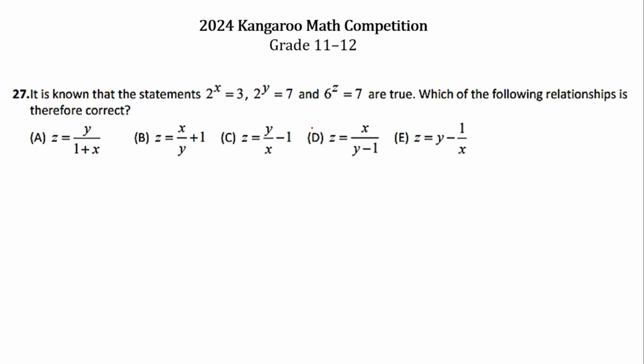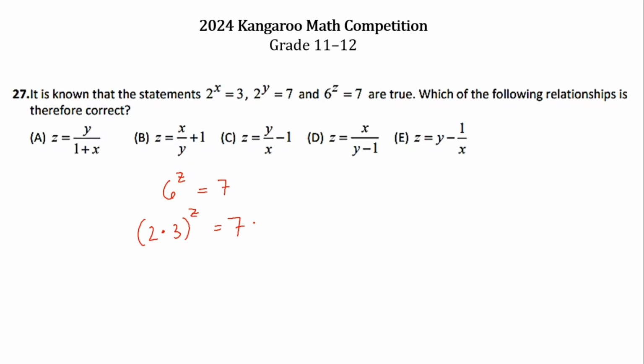Problem 27. It is known that the statements 2 raised to x equals 3, 2 raised to y equals 7, and 6 raised to z equals 7 are true. Which of the following relationships is therefore correct? Alright. Notice that in the equation 6 raised to z equals 7, we can actually break down 6 into 2 times 3. So this is 2 times 3 raised to z